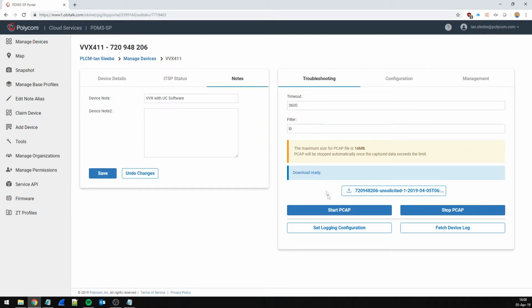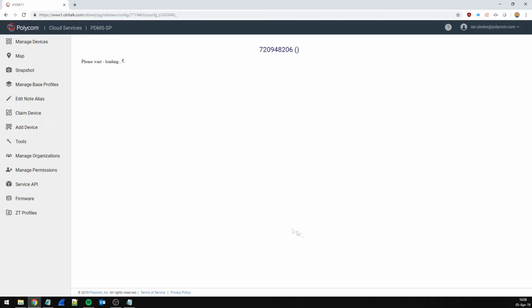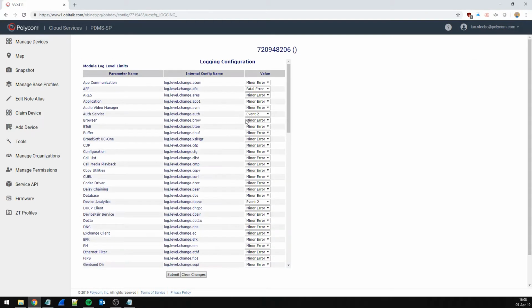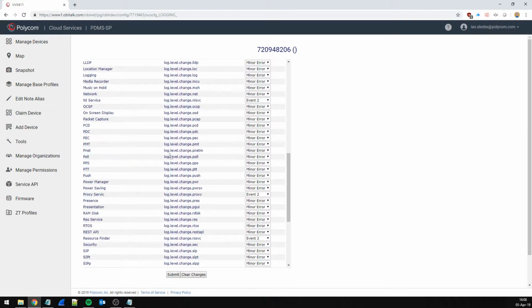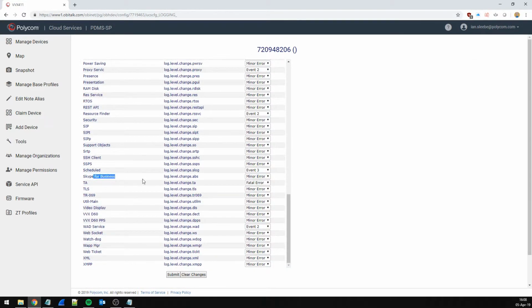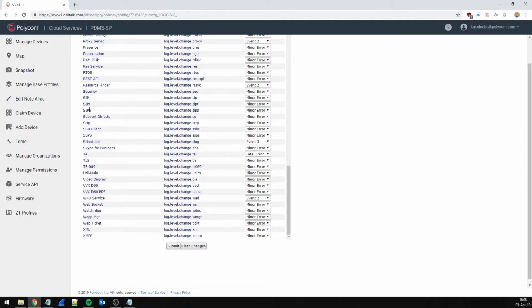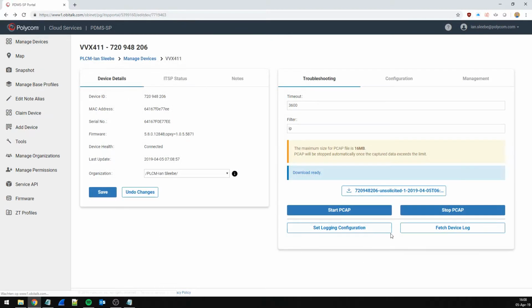For troubleshooting, you can still start your PCAPs, but now we have a more elaborate device log button right here. So we can set what kind of logging we'd like from the phone, as you can see here. So we can change anything. Say, for instance, I want to know a little bit more about SIP. I can just change that to debug, change that and then do all of the fetch device logs right here,